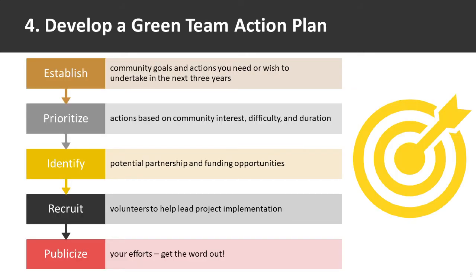Once you have been able to assess your current efforts and explore potential opportunities for action, you are ready to develop a Green Team Action Plan. The plan should clearly establish your goals and priorities for the next 3 to 5 years. The plan should be customized to align with your interests and prioritized based on timeline, difficulty, and availability of resources. Use the action plan to identify potential partnerships and funding opportunities, assign project leads, and develop a strategy for publicizing